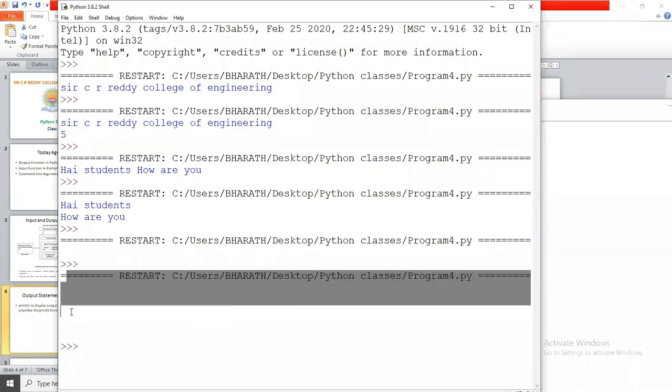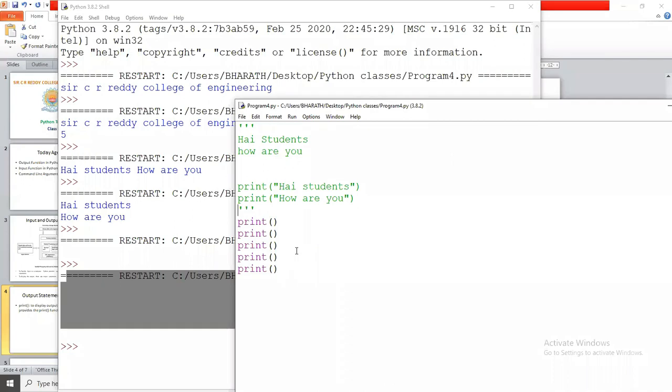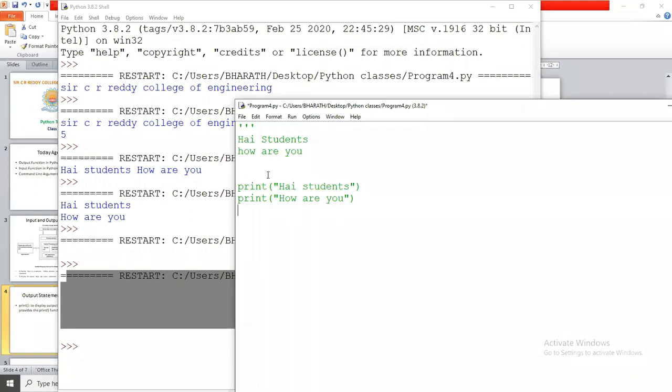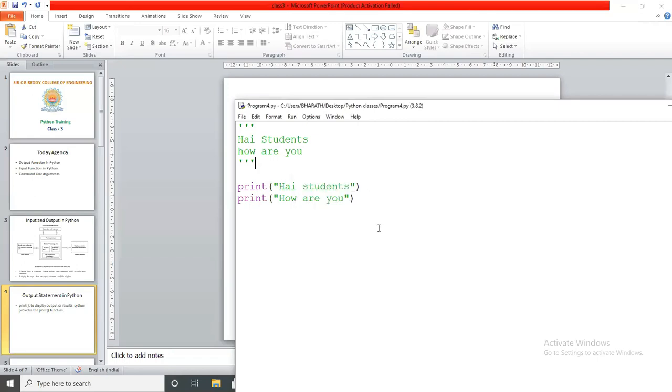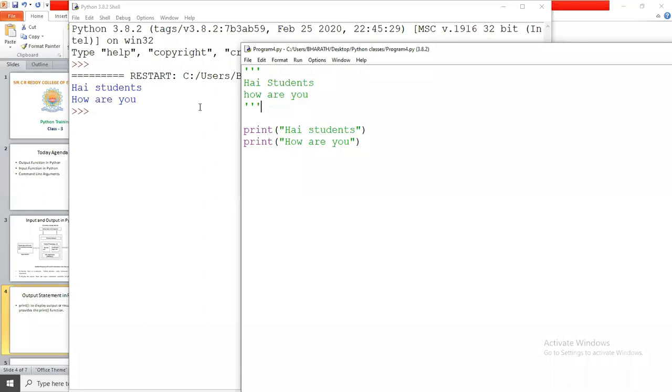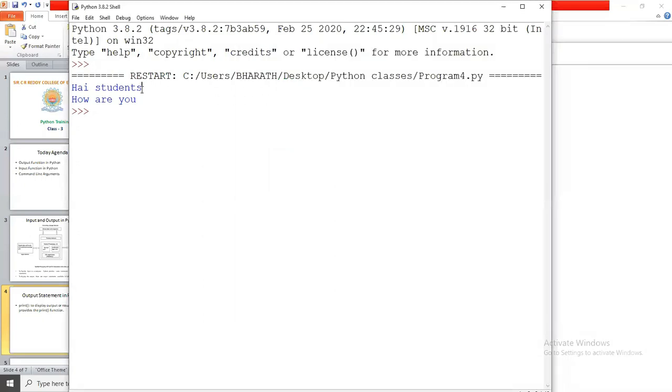So the purpose of the print function is to display an empty line on the monitor. Here, when I execute this program, it prints hi students, and the cursor goes to the next line.